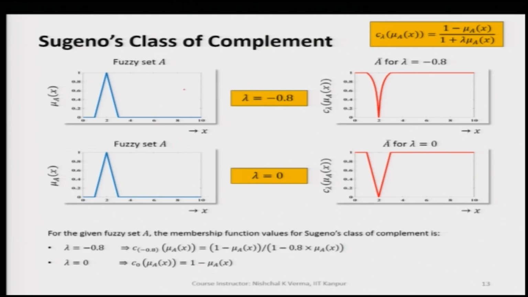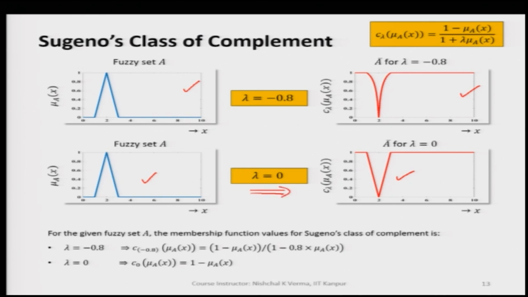We have a fuzzy set A as given. This fuzzy set is a triangular fuzzy set, and when we take lambda equal to minus 0.8, we are getting the Sugeno complement, you can see. And then when we take lambda equal to 0, the complement of this fuzzy set is expressed by the inverted triangular membership function. So, here for lambda equal to 0, we are applying the basic complement,